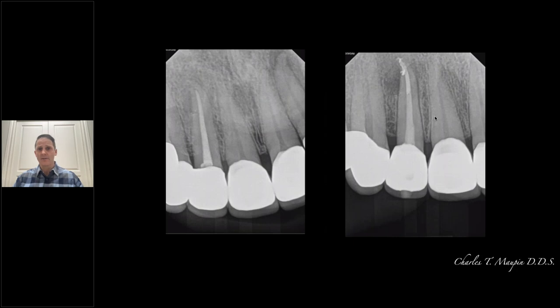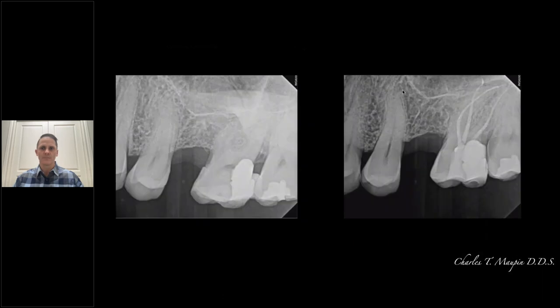Another case from yesterday, everyday endo. This patient had endodontic treatment done a couple years ago. She presented with significant pain, swelling, and completed this case yesterday. First visit, we cleaned everything out, activated with the laser, got some drainage going on. I'm going to show you an image of that later on a different case. And then we completed the case yesterday. She was asymptomatic. You can see we were able to recapture that little apical curvature, picked up a little accessory anatomy going on there. So I anticipate osseous regeneration and healing of this case going on as well.